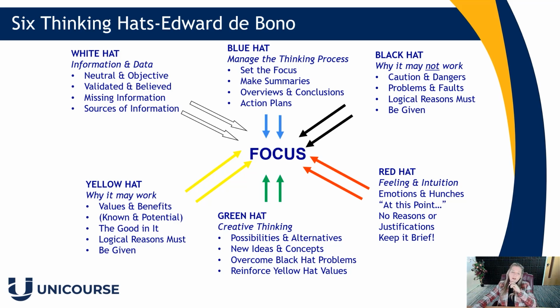The black hat looks at things pessimistically, cautiously, defensively, and tries to see why ideas and approaches might not work. So we all know that person in the office that's like, there's no way that's going to work. There's no way, but it can sometimes be hard to think in that way if you are quite an optimist. So black hat thinking helps you to make your plans tougher and more resilient and to really think through the risks as well.